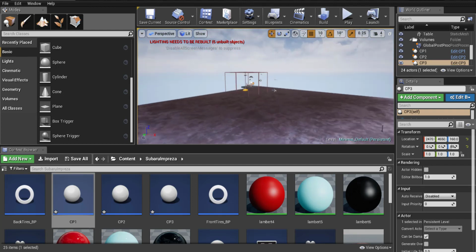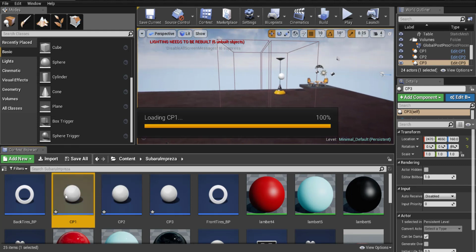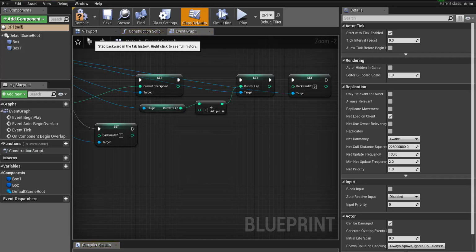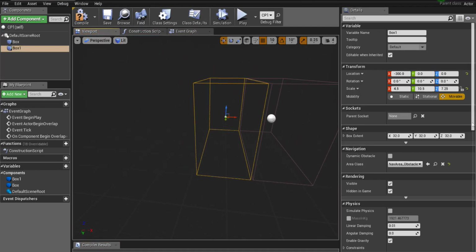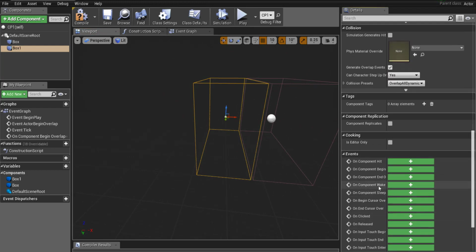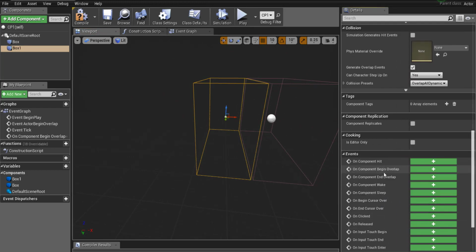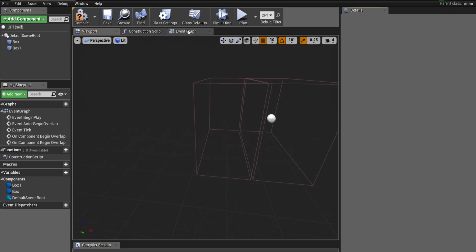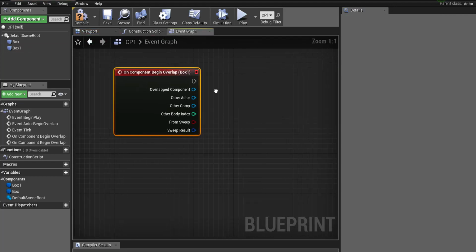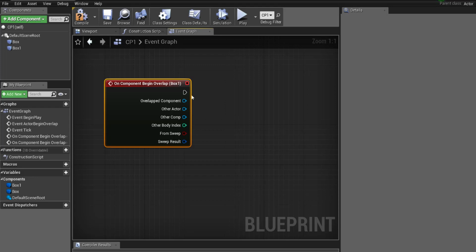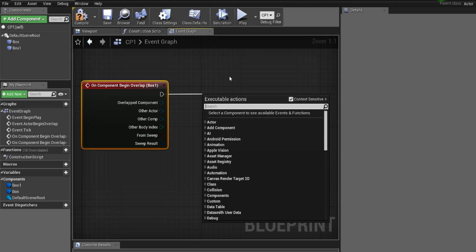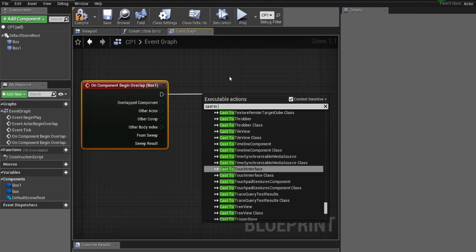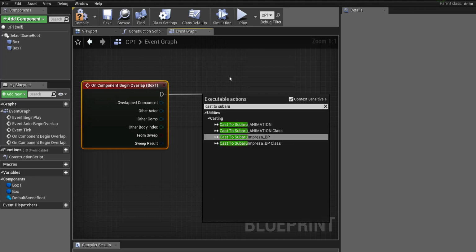Okay. And back at the first one, I'm going to go to checkpoint 1 and go to the second box collision, select that one, and we're just going to do another on component begin overlap. Go to the event graph for box 1, and I'm pretty sure we could pretty much copy and paste this code. So drag off of there and cast it to our vehicle, Subaru Impreza BP,